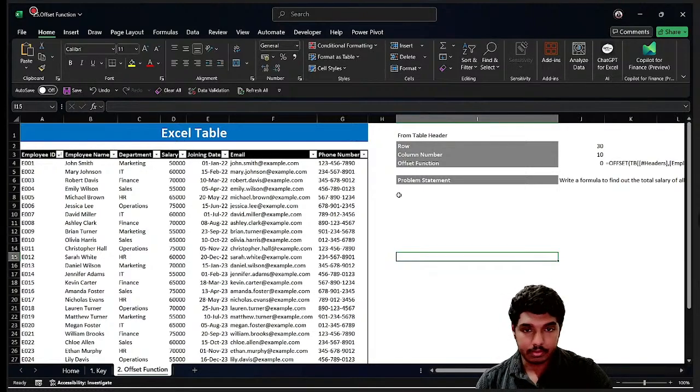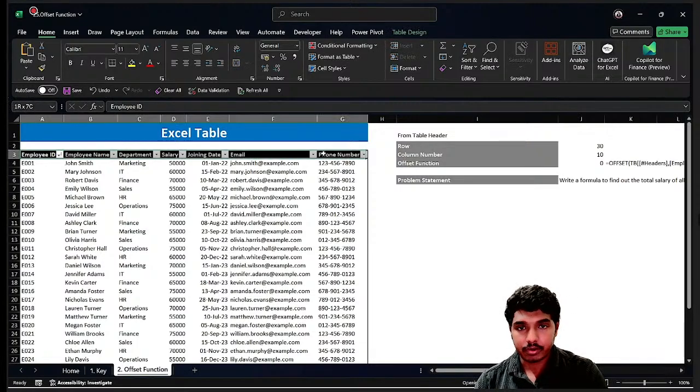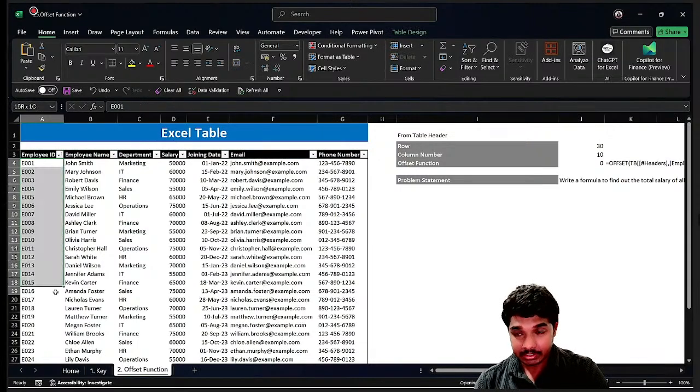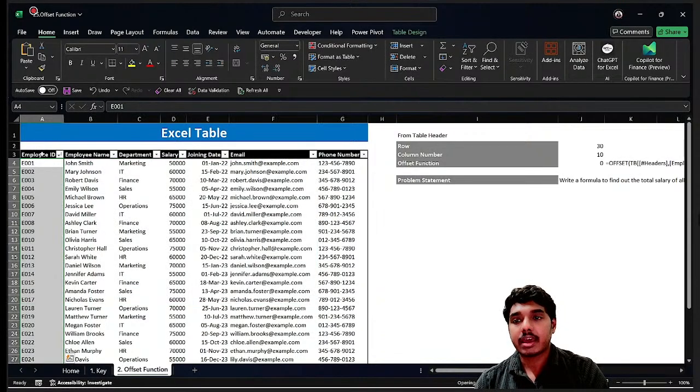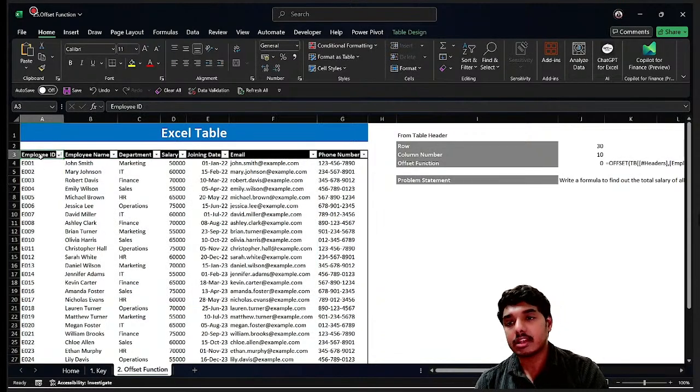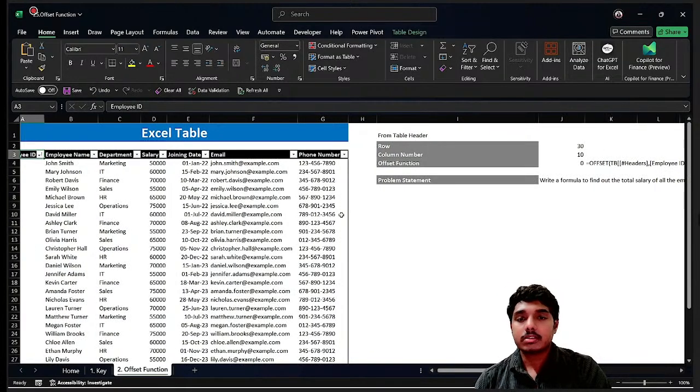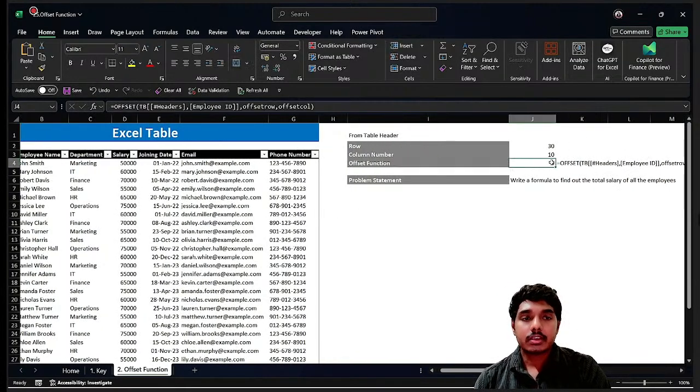For example, suppose this particular header row will not change for me, but this data's position might change. Okay. So in that case, I can actually fix my cell to this particular cell and then travel all over the sheet from this particular table. Okay. So let us just see how to do that. First thing here, if you see,